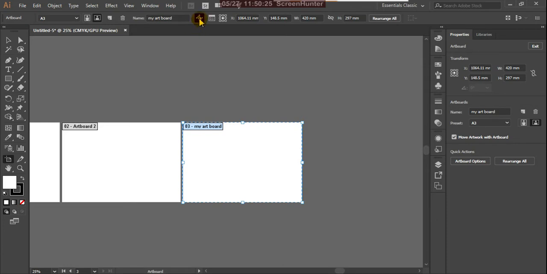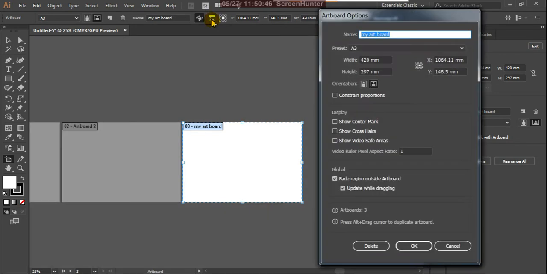Okay, next here is move copy artwork with the artboard. Suppose there is an artwork, so you can move a copy of the artwork with the artboard. And here this is the artboard options.